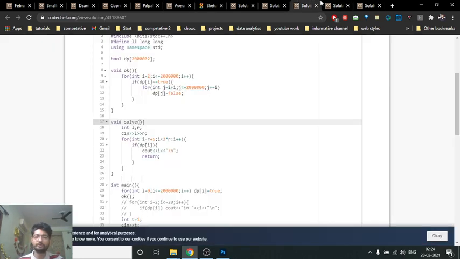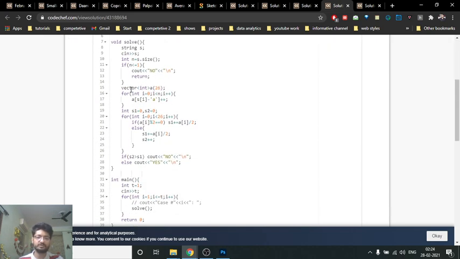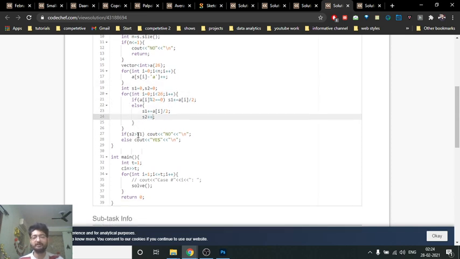So I'll take it to the code part now. The code is also very simple. Just find out the frequency of everything, and then find out the number of even pairs and odd characters. As I've told you, if the number of odd characters which are left is greater than the number of even pairs, the answer is no, else the answer is yes. So that's the whole logic for this code part. Also, you can check this code in the description.